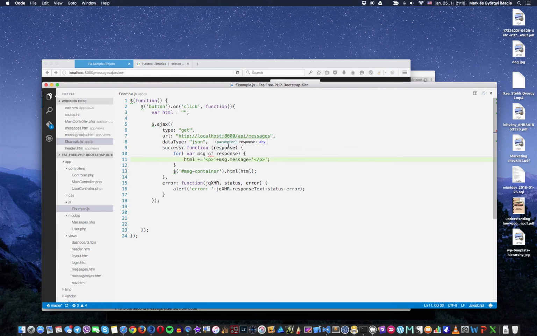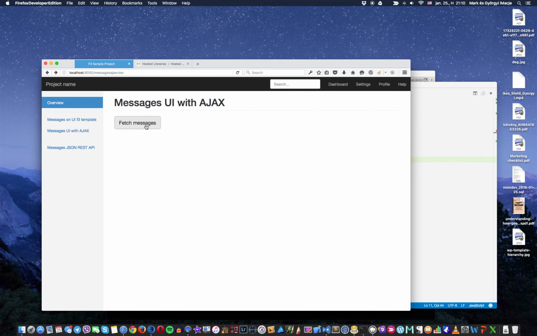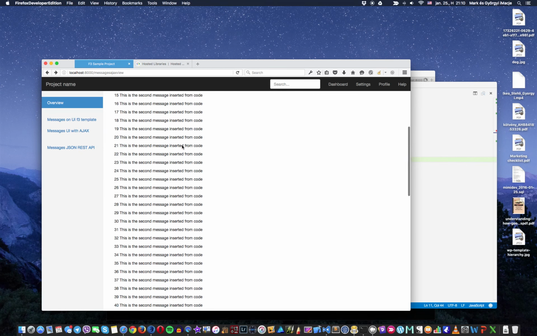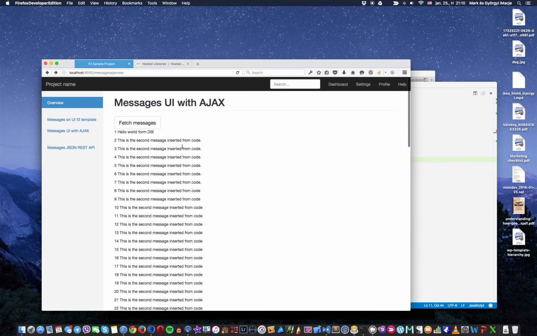And let's add something more. Let's add the ID as well, because also in the previous one we added the ID. Let's add the space between those two. And if I refresh, I get this empty. So I click the button, and now I have the ID next to it. Okay, so